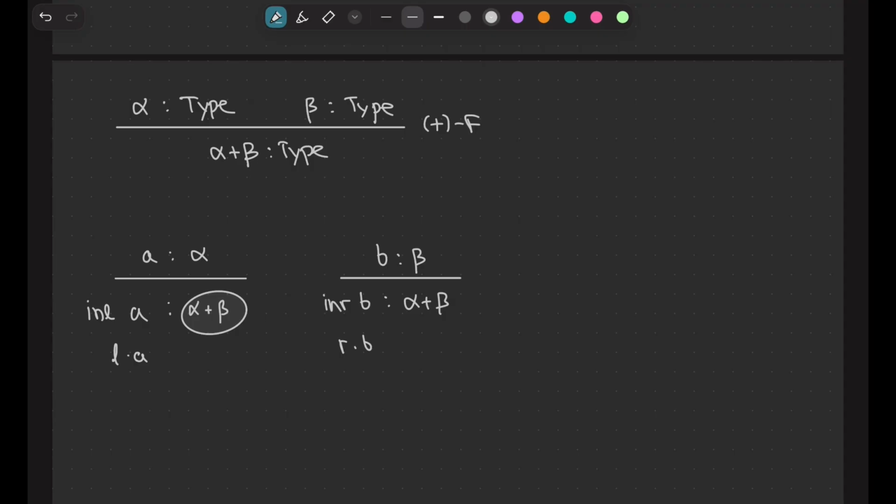So if you give me a box of type beta, I don't even need to know which type this beta is. I can place it on the left part, and now I have something of type alpha plus beta. So this type unites all elements of type alpha and all elements of type beta, but it doesn't lose the information of whether it's a left thing or a right thing. If you're thinking of two sets that are distinct, no, not distinct, sorry, disjoint, thank you.